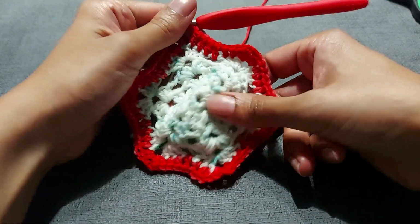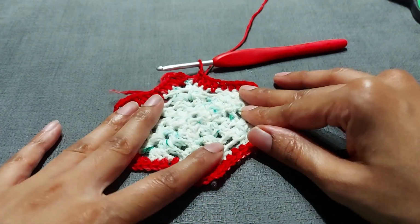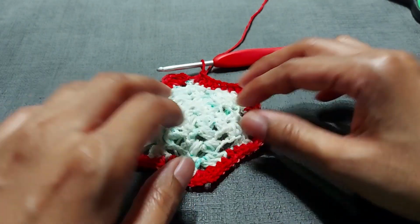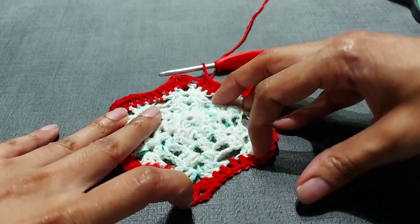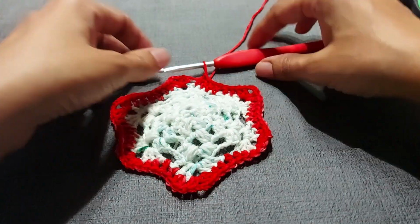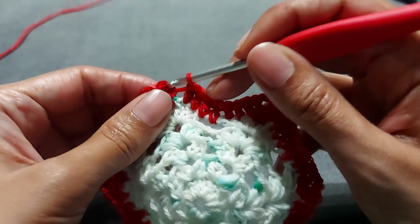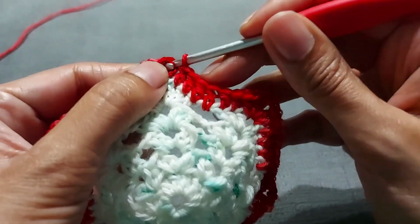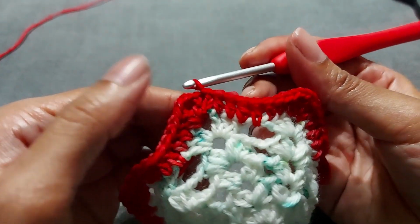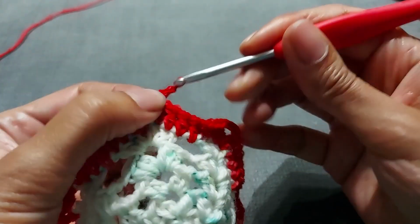All right, so this is what your project might look like. Now, if it's bunching up a little bit, that's fine. You can always block them as well, and your snowflake will look more snowflakey as well. But if you are done round 6, this is what it looks like. Just slip stitch after you've done your last row of 6 double crochets. You're just going to slip stitch into the top of your chain 3, and then you're going to chain 3 for round 7,